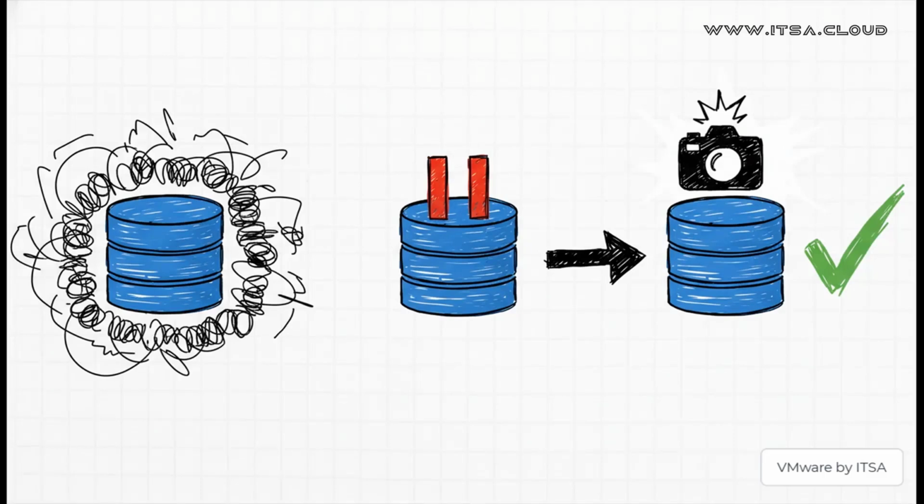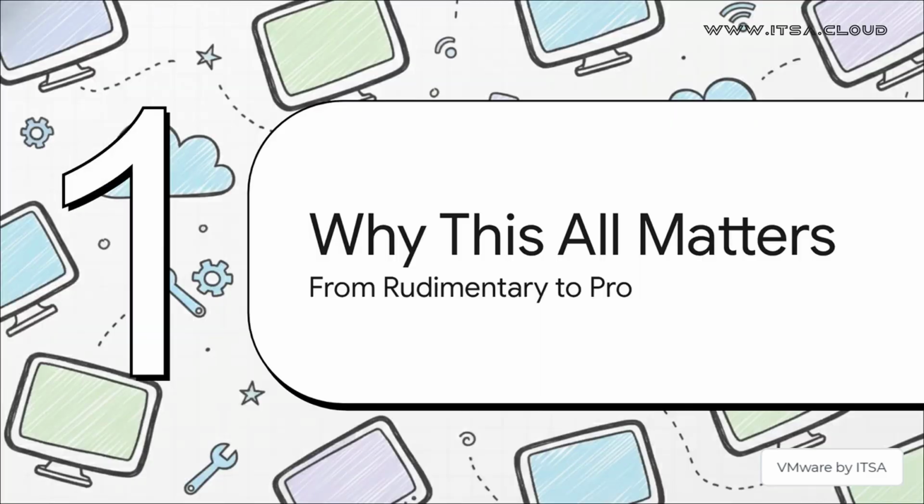And here's where you see just how deep that integration goes. It allows for some really advanced stuff, like quiescing. All that means is that when you take a snapshot or a backup, it can tell an application like a database to just pause for a split second. That way, you get a perfect, clean copy of your data, not a corrupted mess. It's pretty brilliant. So let's tie all this together.